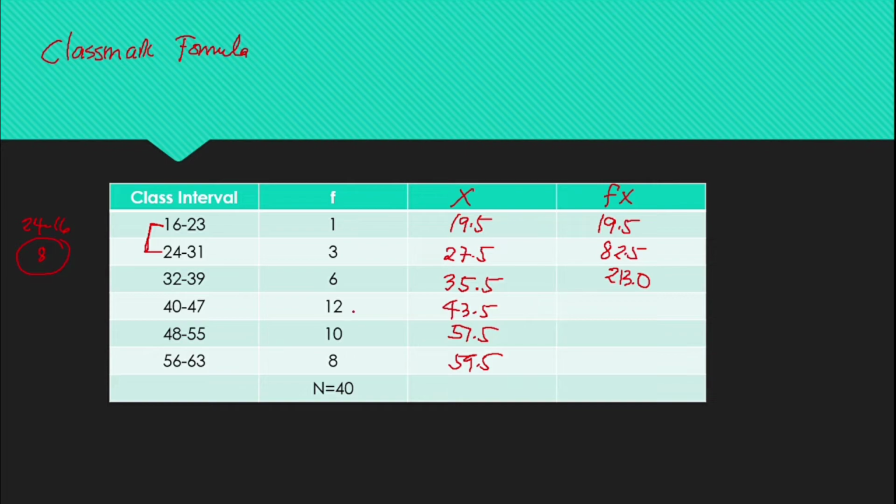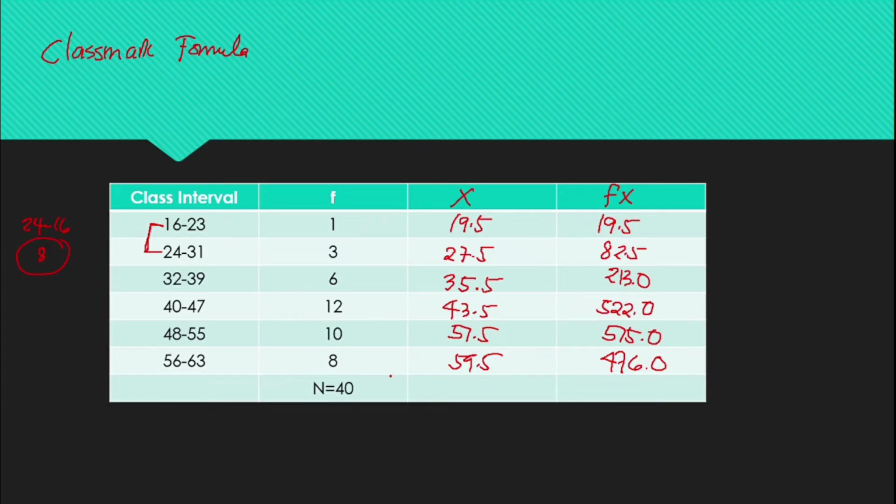And 12 times 43.5, we have 522.0. 10 times 51.5, we have 515. And 8 times 59.5, we have 476.0